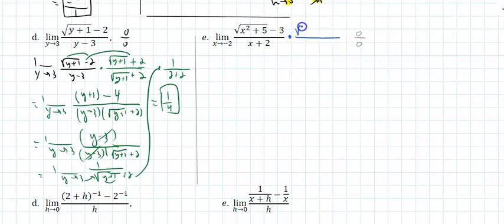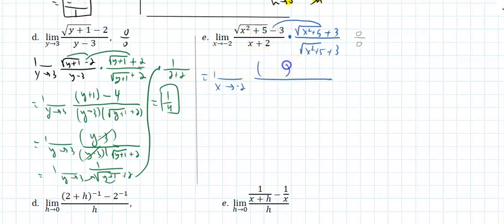So the conjugate will be the same radical that you see. Top and bottom, a ratio of 1, and the opposite of that sign. So again, multiplying conjugates gives you the first squared. If you square a square root, it cancels out. That's the purpose. Minus 3 squared is a 9 over x plus 2 times the square root of x squared plus 5 plus 3. So the top will be